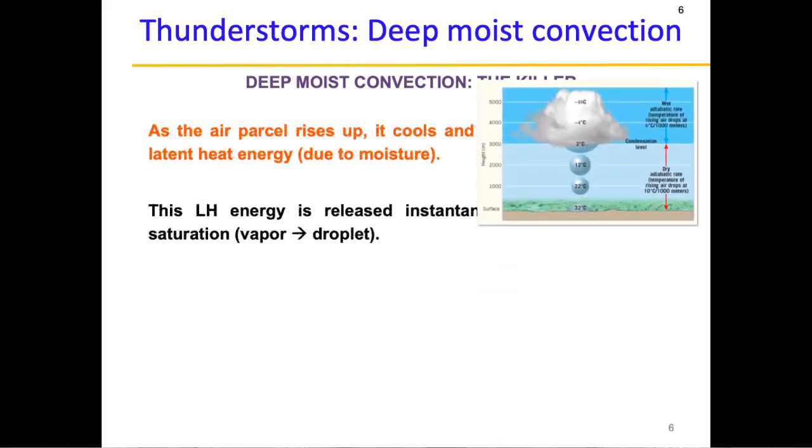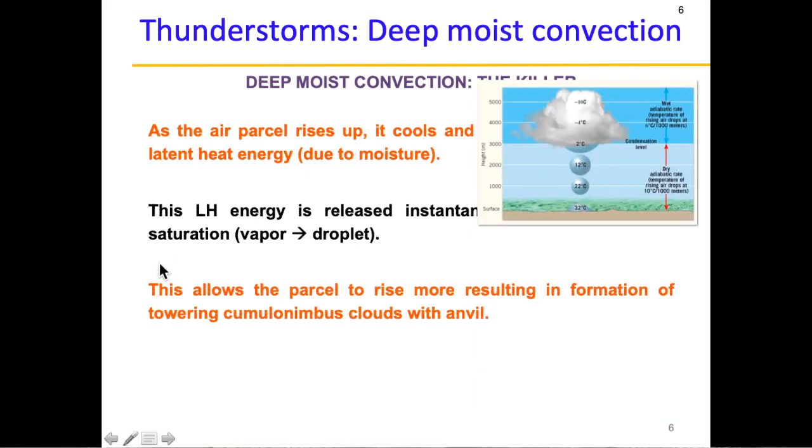It keeps moving upwards, and as the latent heat energy is released, the droplet keeps moving upwards. At some point it will come to a standstill because the density of the droplet and the atmosphere in which it is in is the same. That is the reason why you have the formation of towering cumulonimbus clouds: the latent heat is released, and it allows the parcel to reach much longer heights, and that's what results in the formation of these anvils or these mammatus clouds that we talk about.